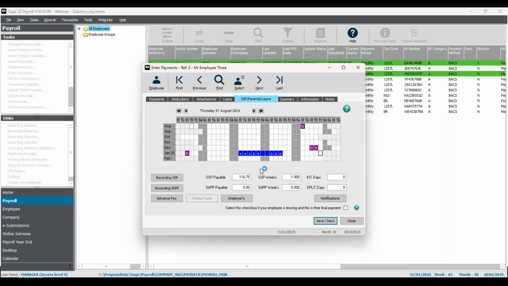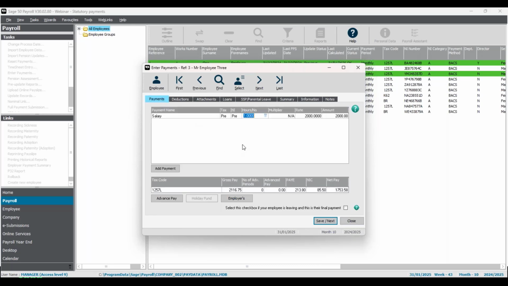In this scenario, I need to work out how much to pay the employee for the days that they've worked in January. My payroll is monthly, process date of course 31st of January. And this particular employee would normally have a total of 23 working days in January, as per their working pattern of Monday to Friday. Now, bear in mind that might change, obviously based on the specific employee's contracted hours or days. But out of those 23 working days in the pay period, this employee's worked 15 as they were off